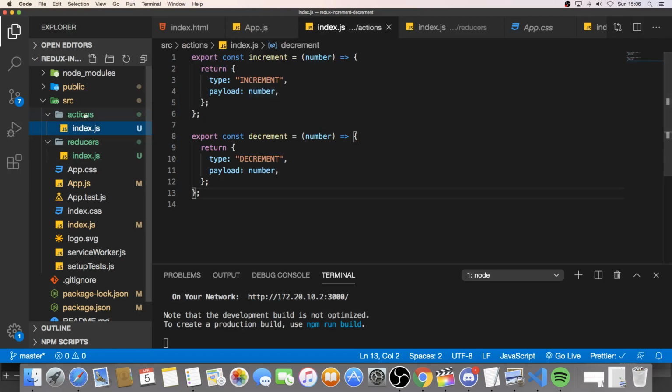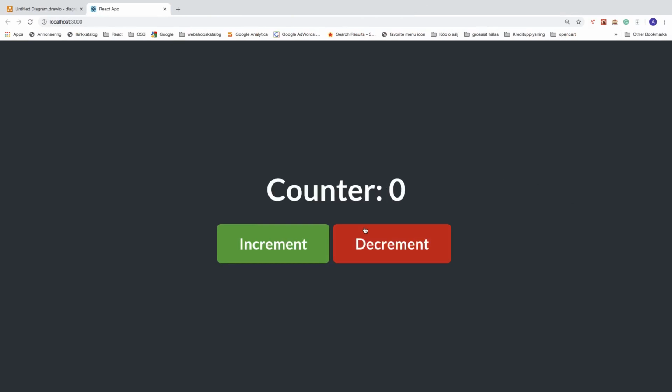Okay everyone, so this is how you can create an increment and decrement application using React and Redux for